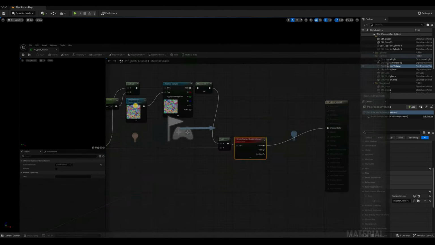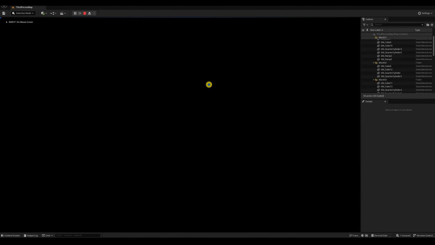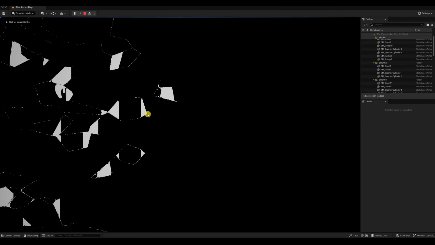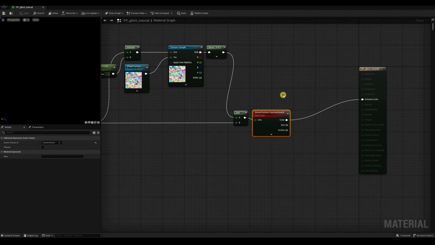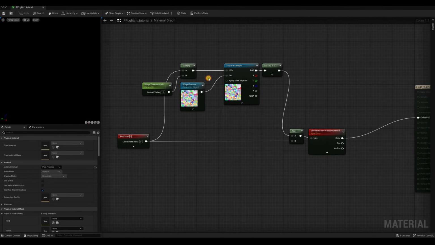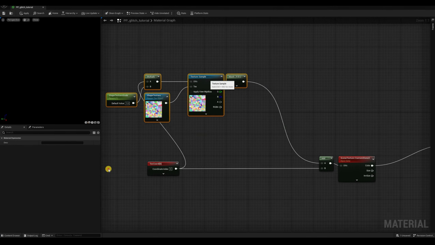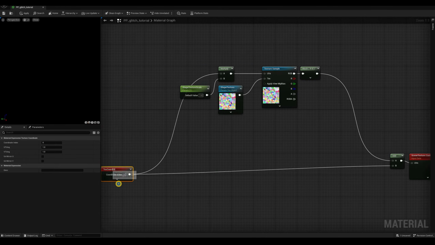Apply. And well, something's happening, and yeah, there is our character, but everything has been distorted a little bit too much, right? So let's balance that out by going to our material, and before we add these values, which are coming from the texture,